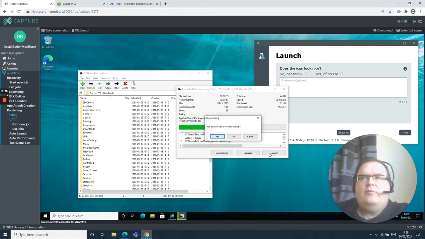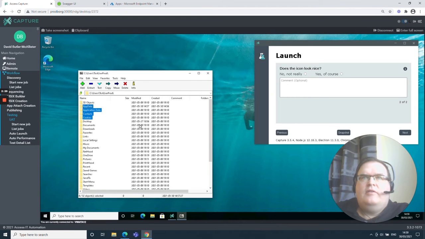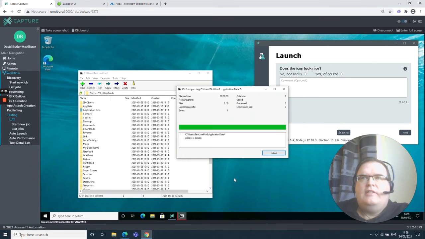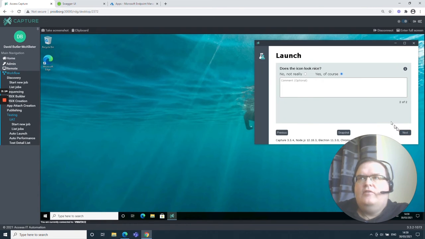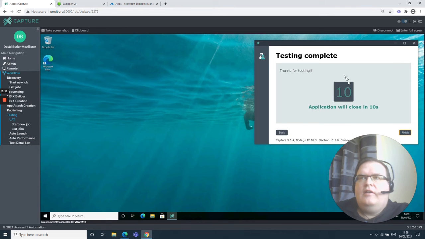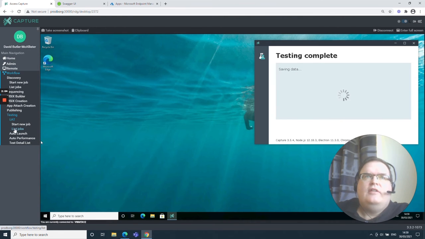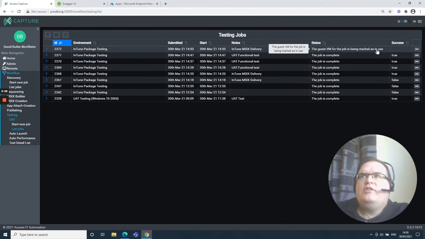Probably selected a bit too much data here, so let's try that again with a smaller set of data. Okay, that should be enough detail. So yes, it looks okay. And with a timeout here, it will close down for us. But I'll just finish the job off naturally. So the application here, the virtual machine will go back and be reused for another job. As that closes out,